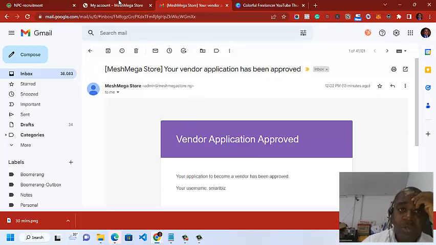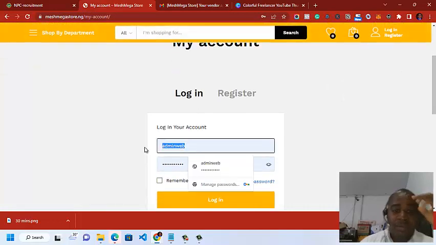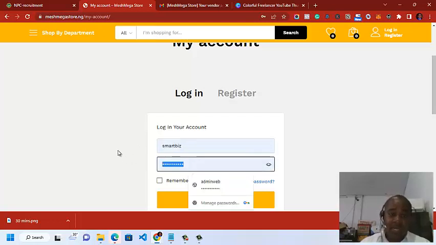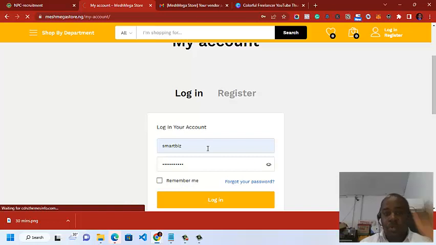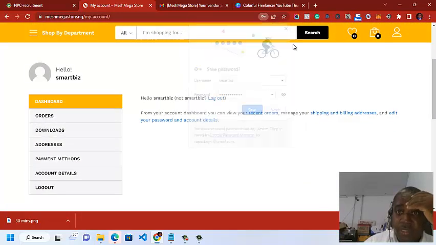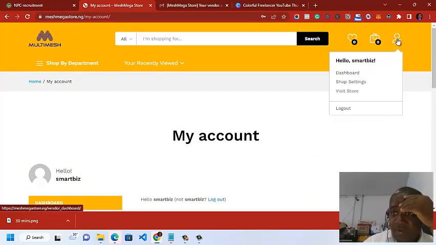Now you log into your account. Remember your username and then your password. And once you log in, you'll be taken to your my account. So when you get to this point, you come up here and hover your mouse on the